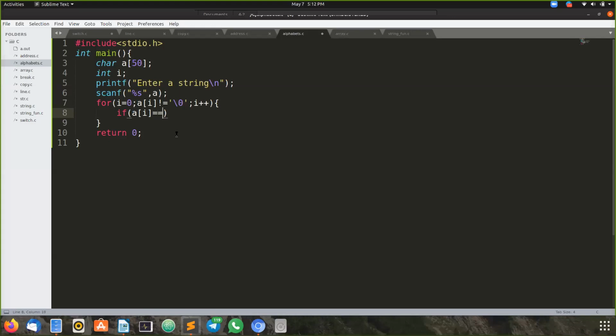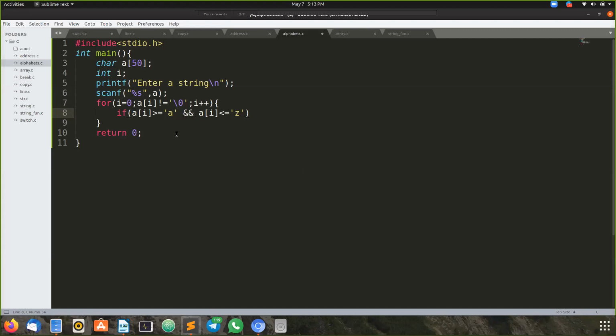If a of i is double equal to, that means I'm comparing with small a. I'm checking within the alphabets range, that is small a to small z.